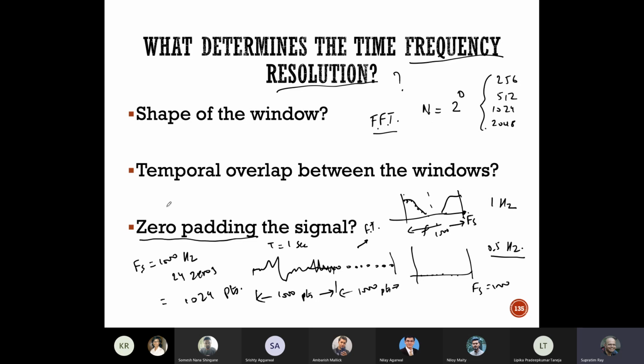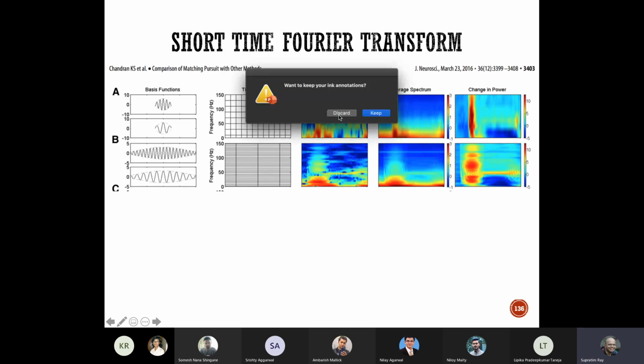That's the first reason why you would zero pad. That's a genuine reason. And the other reason is that there's an apparent increase in frequency resolution because you're getting more data points, as you have seen here. Frequency resolution increases. But actually, there's no true increase in frequency resolution. Now, if you think about this,